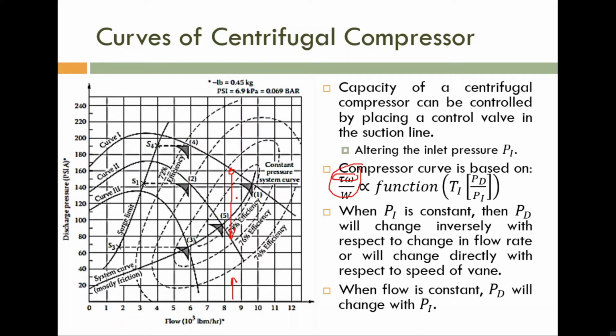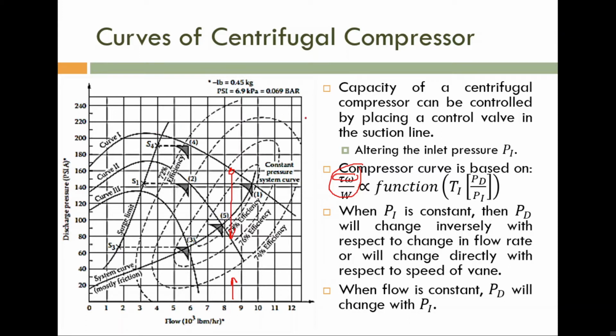Towards this side, the efficiency is maximum. Towards the surge line, efficiency is minimum. This one is the surge line. Surge line means the point at which the slope of the curve is becoming negative, the point at which the system is becoming unstable. Left of the surge line, the compressor is unstable, meaning the flow is reversed, and right of the surge line, the compressor is stable. It gives stable operation. So this one is about the Kirchhoff centrifugal compressor.